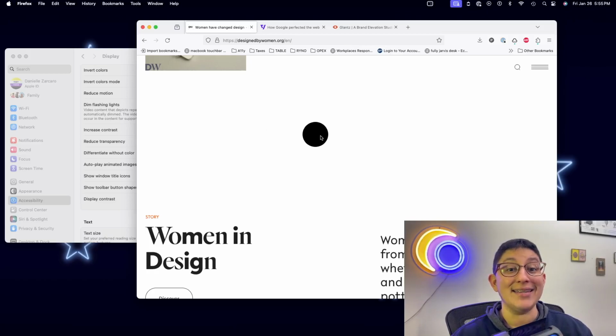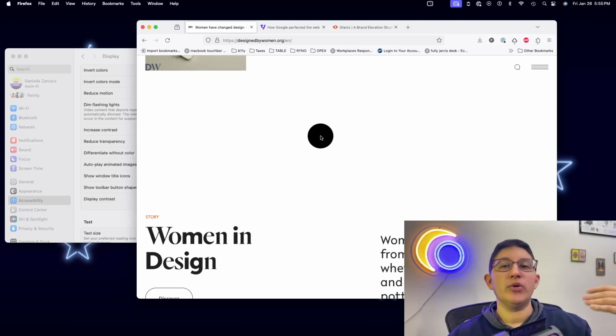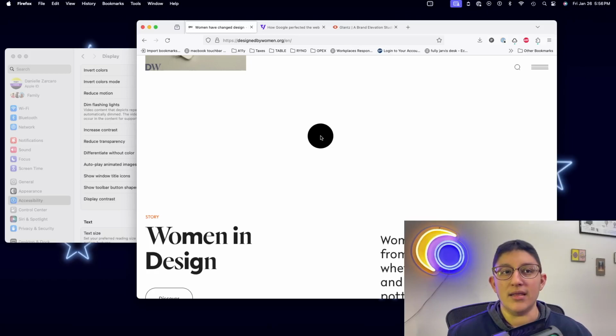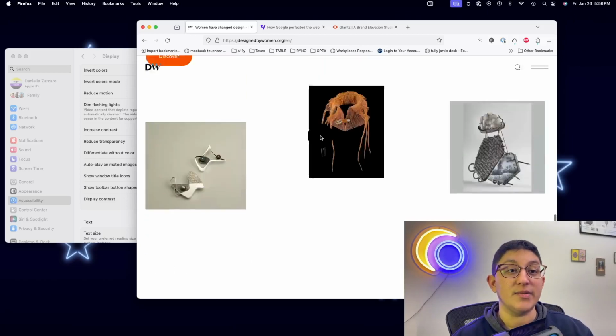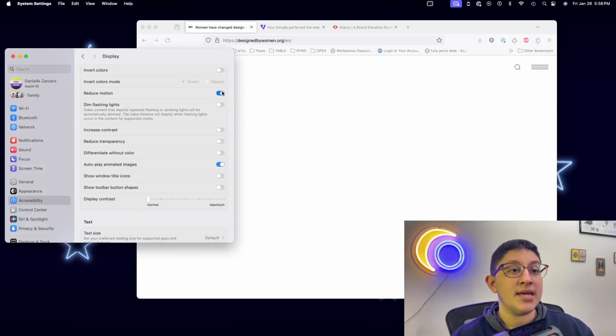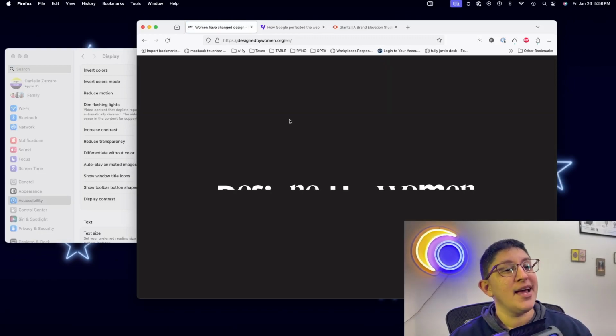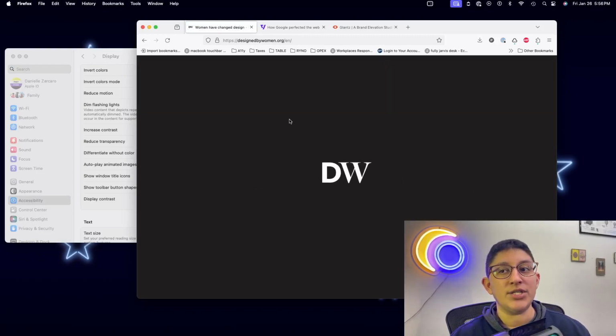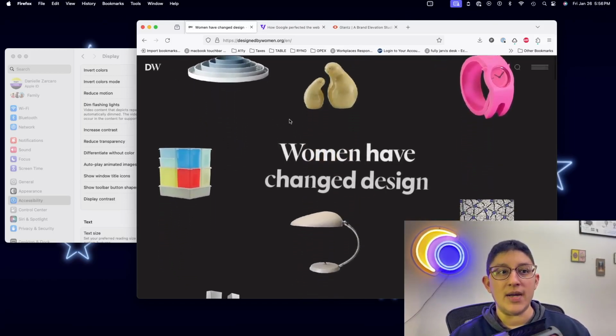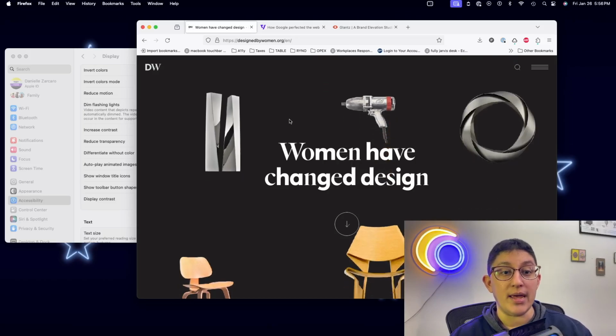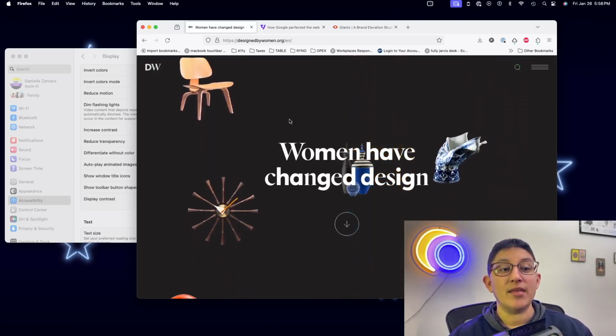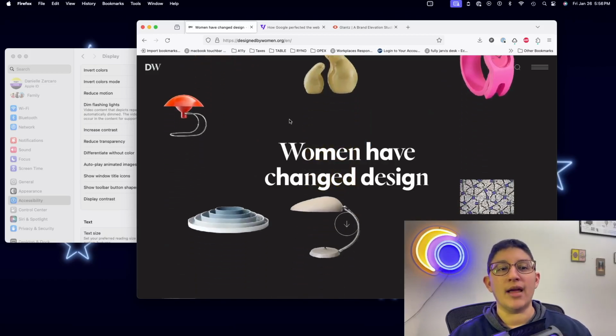When you have motion that's that intense, it's going to affect more than just people with vestibular disorders or people with attention disorders. It's going to affect a larger portion of the population than if it were just a slowly scrolling marquee that somebody can ignore or scroll by or wait for, or whatever the case may be. So when something like this site has, I'm going to refresh it one more time. When you have a site like this where animation isn't just all over the site, but is so fast and so big and intense, this is where I advocate for some kind of control for the user.